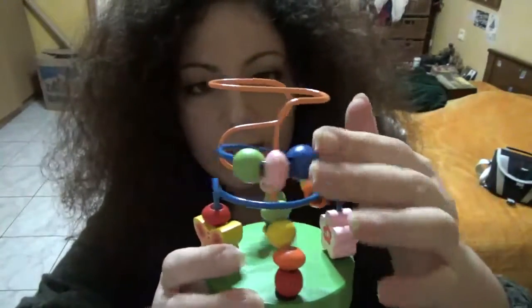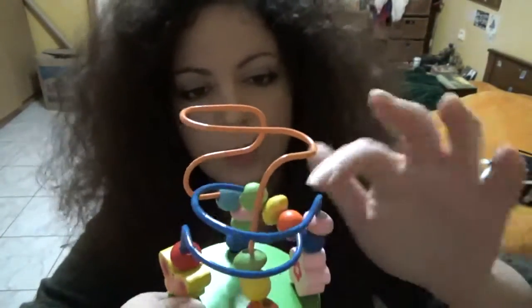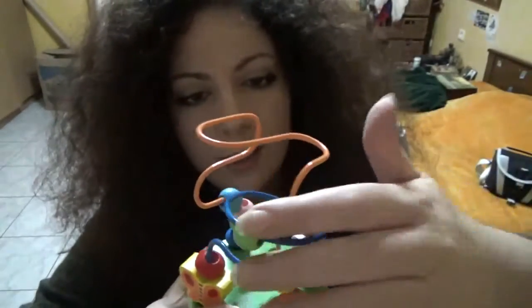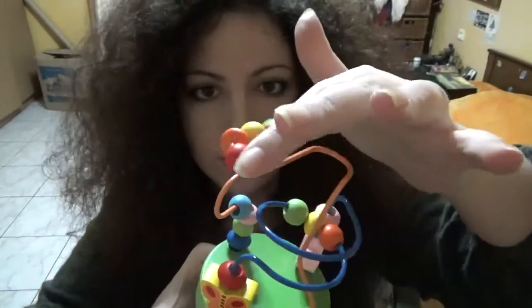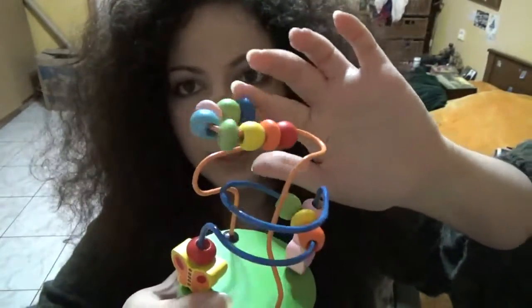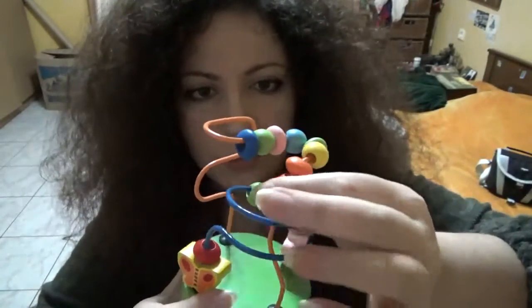This is a children's toy which I always found fascinating ever since I was a little kid, and I found this really cheap and I just had to get it. So I'm going to use this in a pediatrician roleplay that I will do sometime,